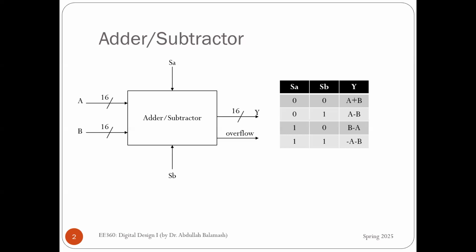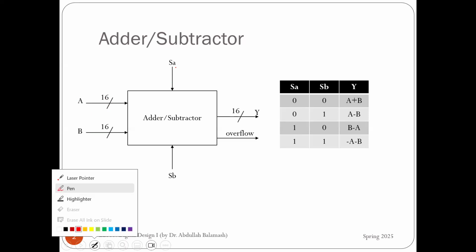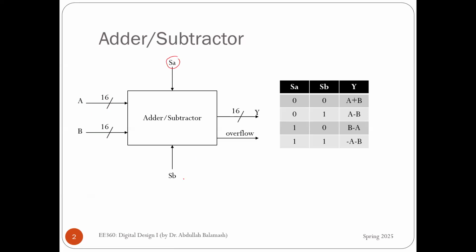This is the circuit. This circuit will have two main inputs, A and B. Both are 16-bit long. And we have SA and SB. Each one of them is 1 bit. These represent a sign, two signs. And then the result is Y. Y is actually